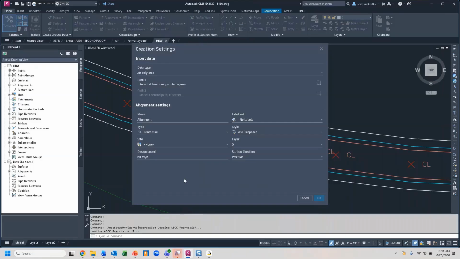We can set the alignment settings, right? So with that, I can use COGO points. I can use feature lines. I can use 2D polys or 3D polys, right? In this case, we're going to use COGO points. However,